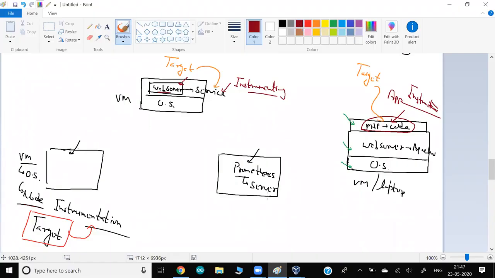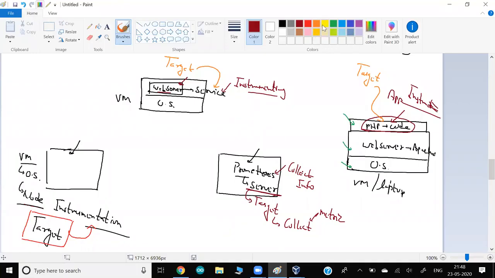Okay, so why is it important? Because you have to tell your server who your target is. Because what Prometheus does, they only collect the information. So if you tell Prometheus this is my target, they will collect only the information of that part. They will collect the metrics of that target only. So which target would you like to collect the information from?